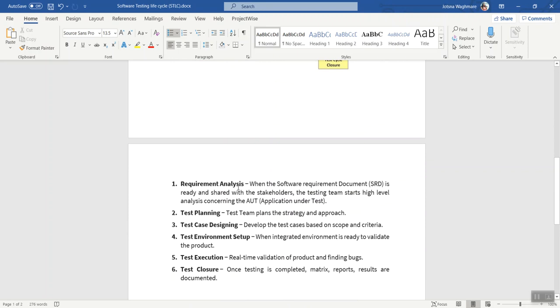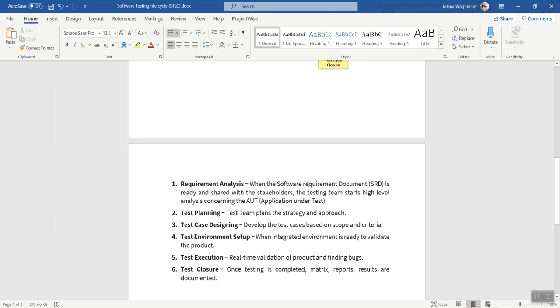The first one is requirement analysis. So, requirement analysis is also known as requirement phase testing. In this, the test team studies the requirements from the testing point of view to identify testable requirements, and the QA team may interact with the various stakeholders to understand requirements in detail. So requirements could be either functional or non-functional. Automation feasibility for the testing project is also done in this stage.